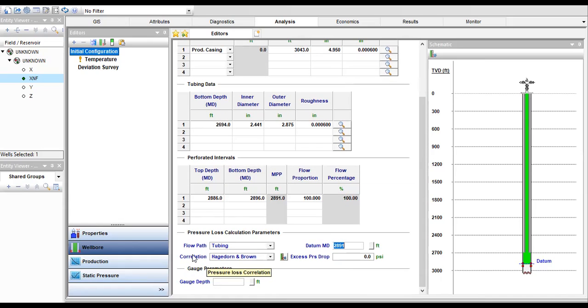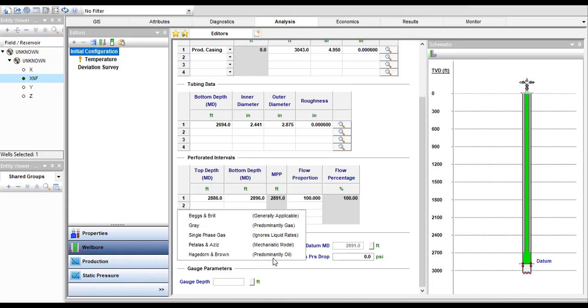Really important: the best way to select the correlation is finding, based on the literature, what are the best correlations to be used. But you actually need gradient matching. You need to have the data, and sometimes the correlations can be changed, changing water cut, changing gas oil ratio, something like that. Sometimes correlations can be changed if the friction of the tubing increases because the tubing becomes old. So of course the friction will increase, and the correlation can be changed. Okay, so in this case, I will assume that the applicable correlation is,